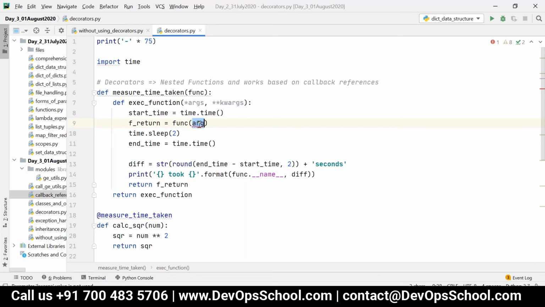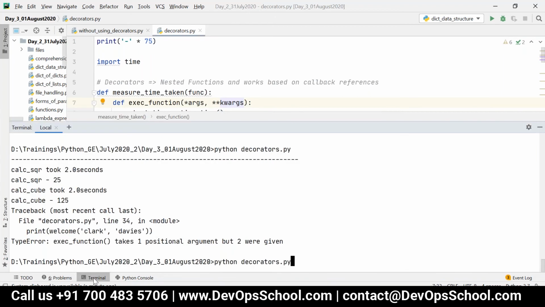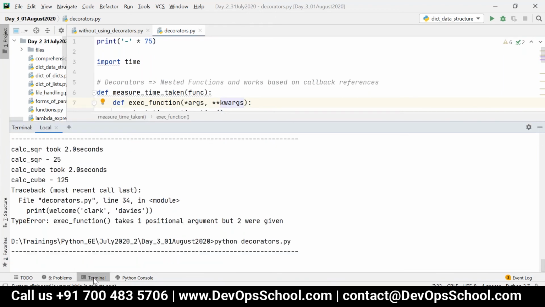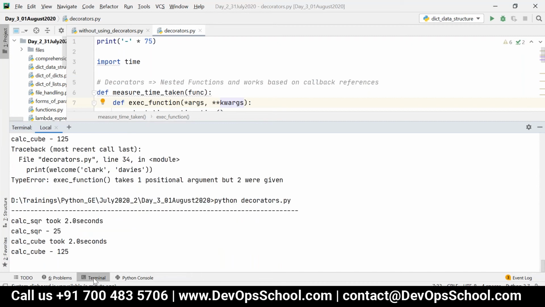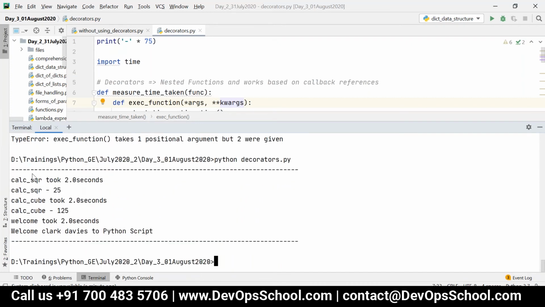So I can just pass this over here. Remember, that is any number of positional parameters, any number of keyword parameters, right? So now if I execute this, there is no error. It will be executed successfully. Look at this: calc SQR took 2 seconds, calc cube took 2 seconds, welcome took 2 seconds.